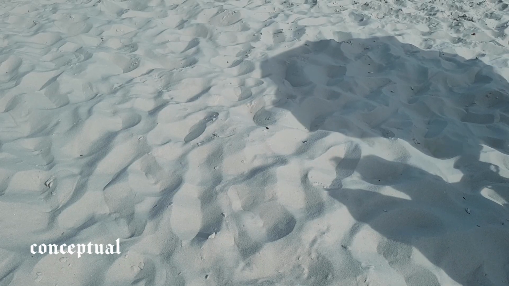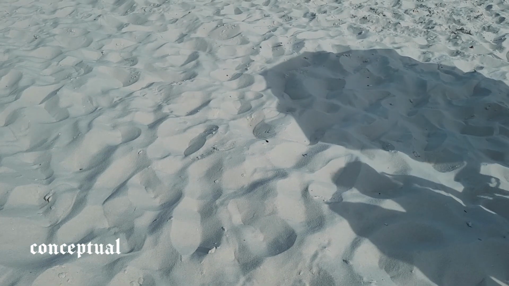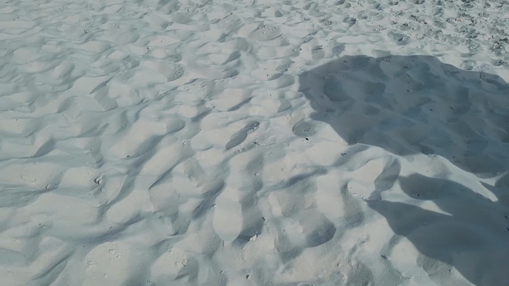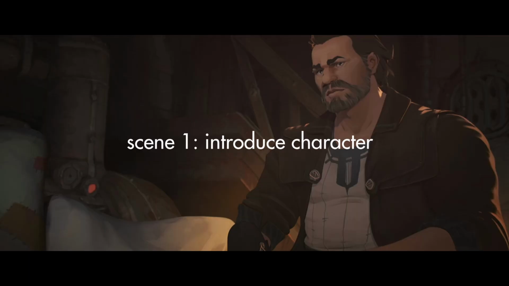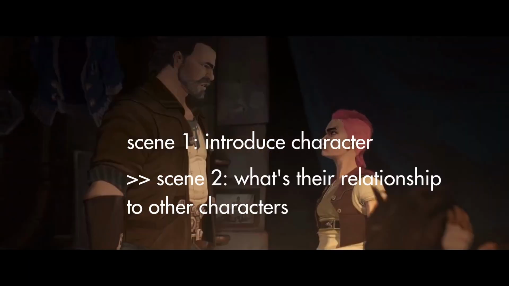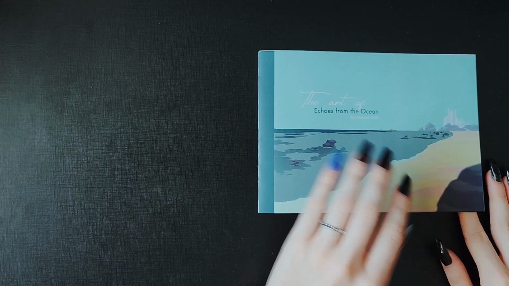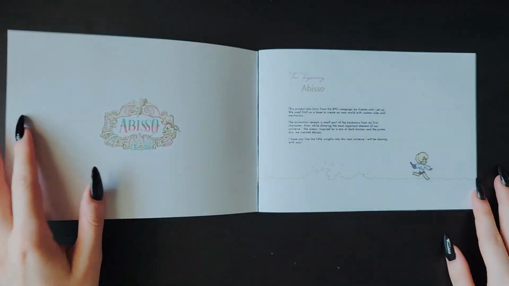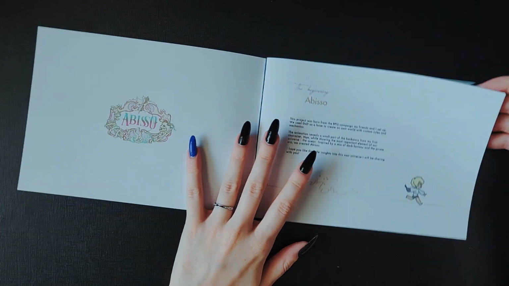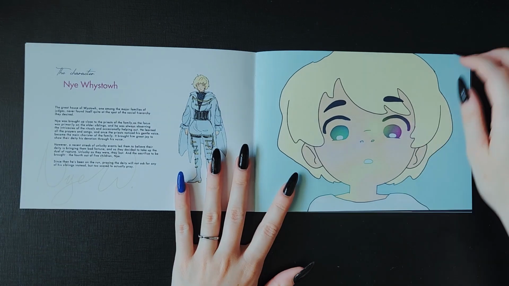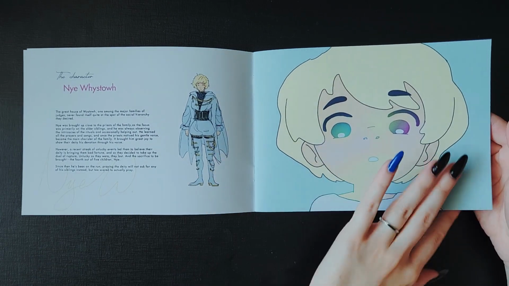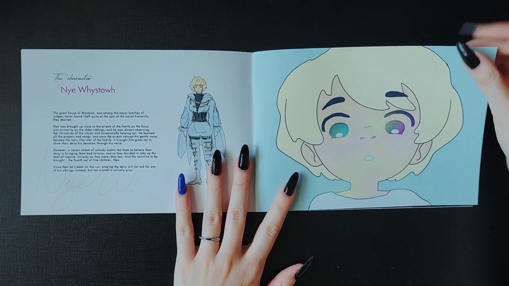A conceptual consequence is more about general story and character arcs. So if I, for example, just wrote a scene that introduces a new character by himself, it would make sense if the next scene is about his relationship to the protagonist. In some story formats, those consequences won't be presented chronologically, but you can think of them chronologically and write it in your first draft chronologically, and then rearrange them like puzzle pieces.